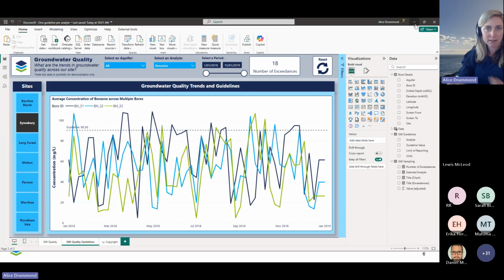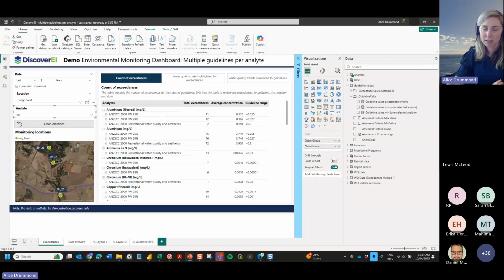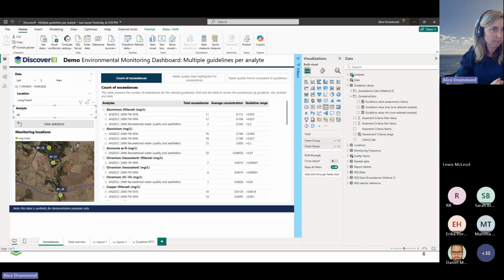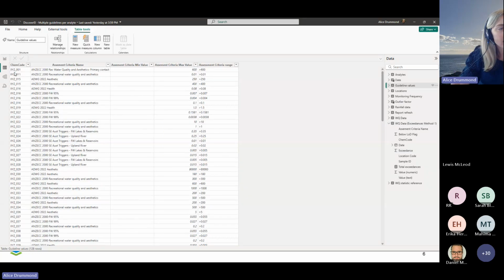So let's take a look at another example. This was a simple one where we've got one guideline per analyte. Let's have a look if we've got multiple guidelines per analyte. So this is another synthetic data set. Let's quickly show you what the data looks like. What have we got here? Guideline values. You can see for every analyte, so we've got codes here, 10 codes,